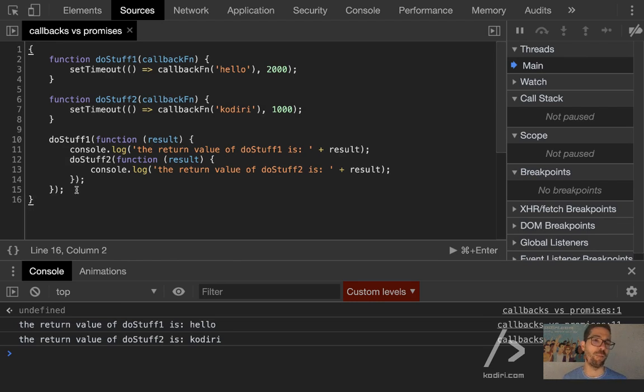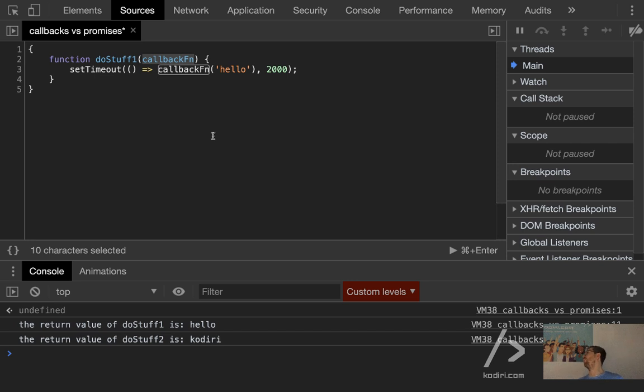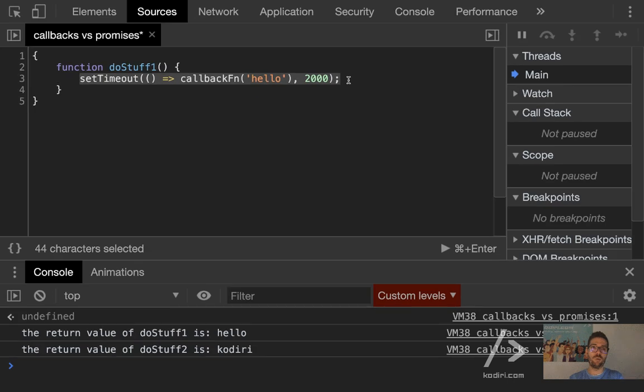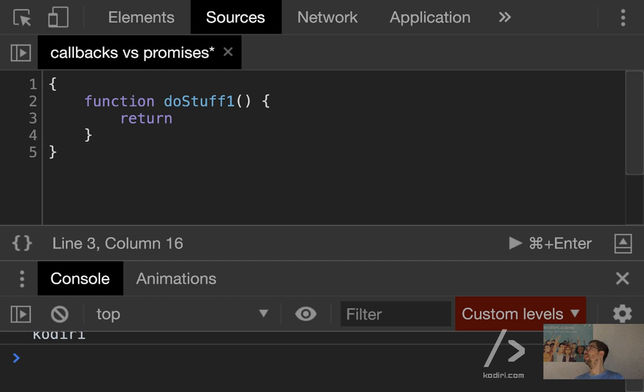Right, so let's talk about promises. I would like to present the same example, but using promises. With promises, and let me go back to the first function snippet, we don't need to pass any callback function at all. Instead, we have to do something like that. We need to return a new promise. We'll see what that means. And then we have a callback function, interestingly. Yeah?